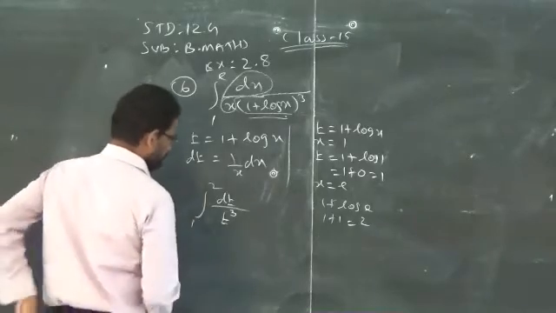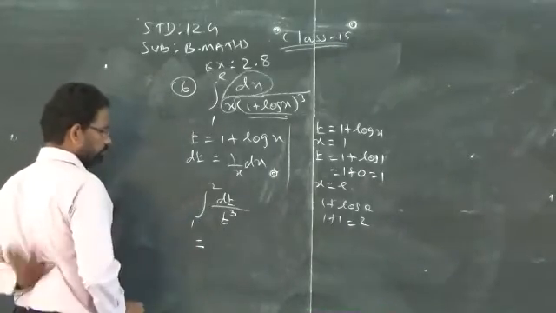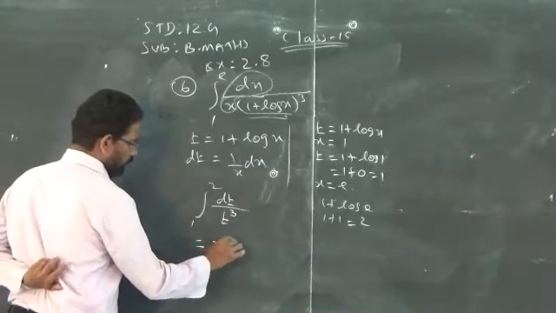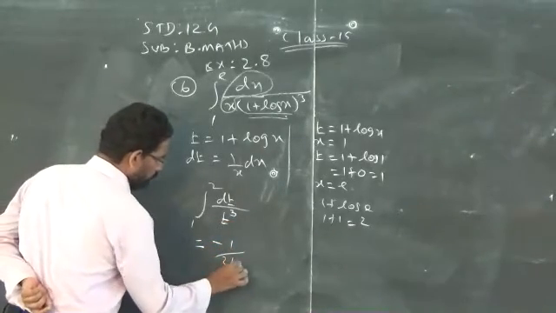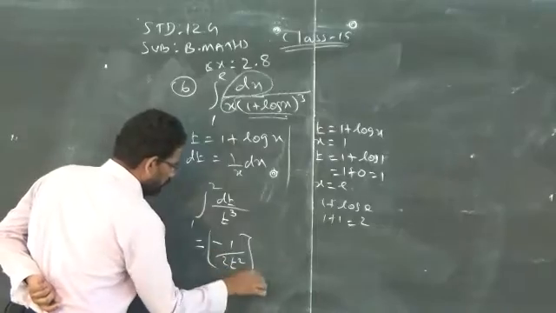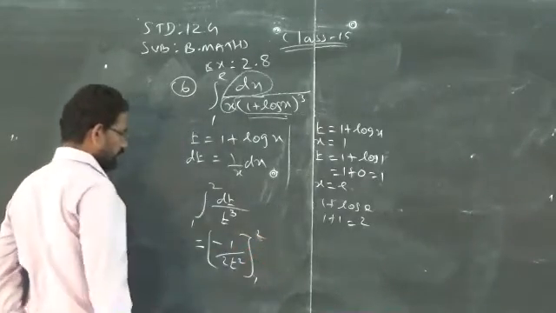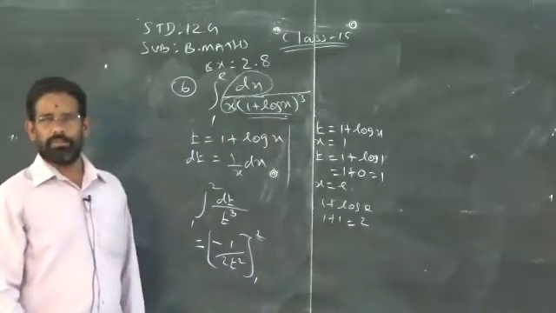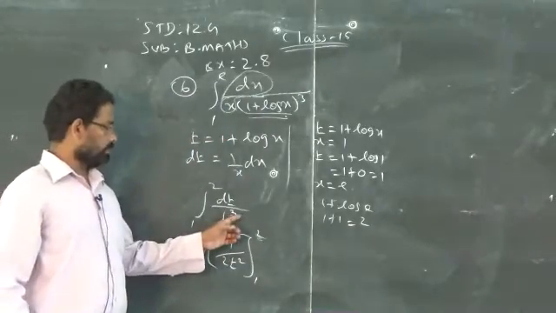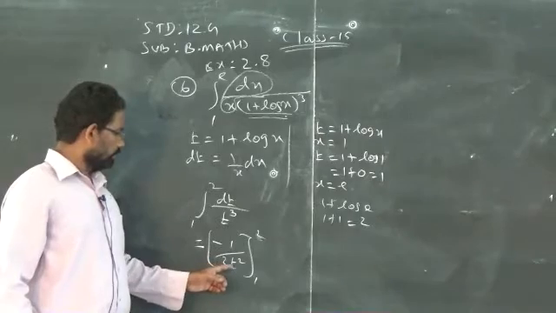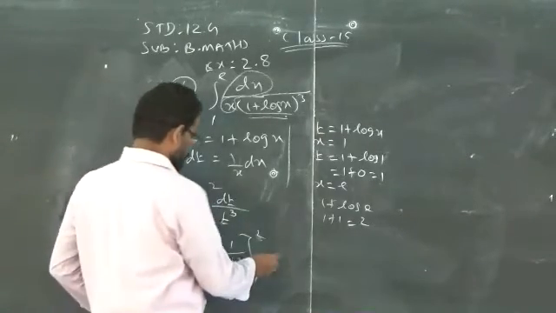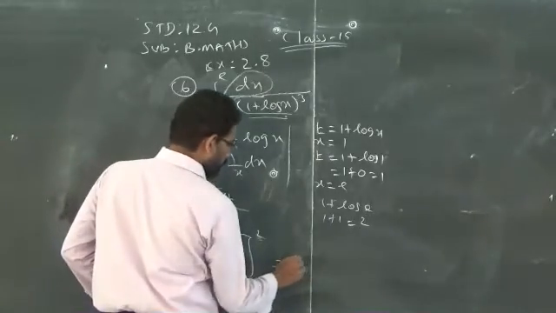Then how do you integrate? You have to reduce 1 in the power, isn't it? Minus 1 by 2t square. I remember in one exercise I did straight away by log t instead of minus 1 by t. Clear, be careful. Reduce 1 in the power, 2 into t square, then change the sign. Now you can replace the lower limit and upper limit.